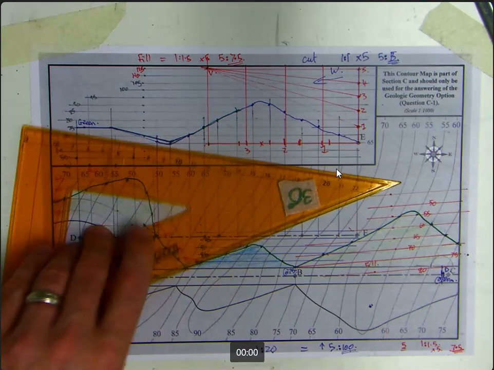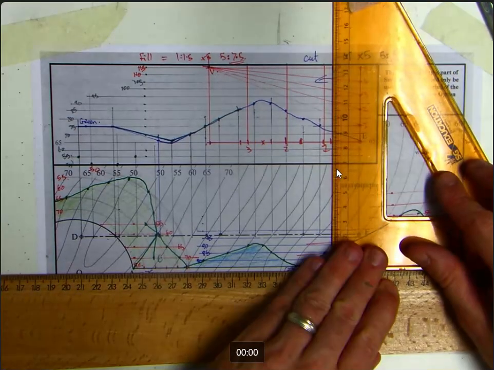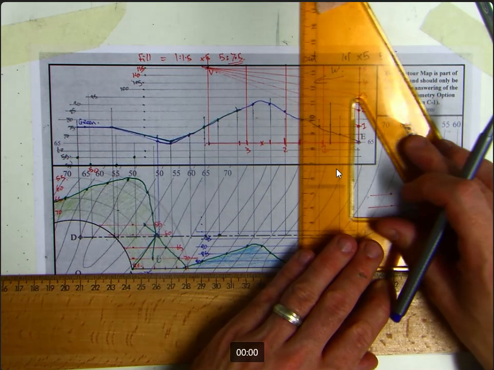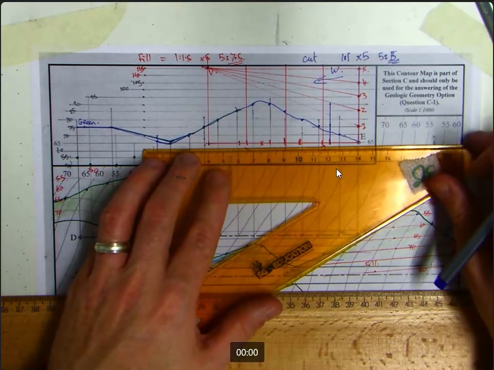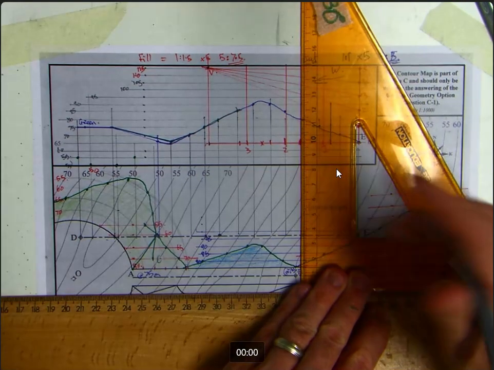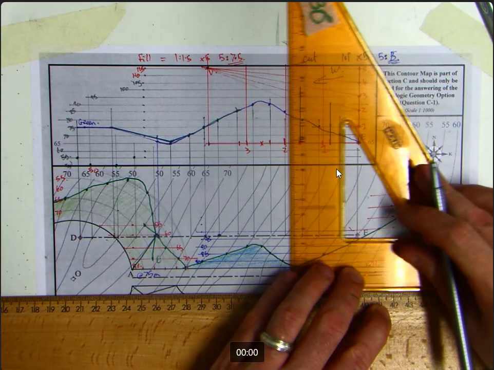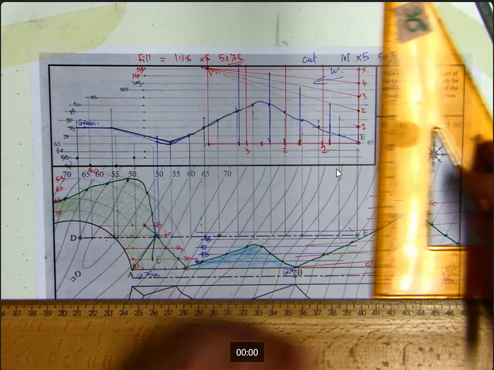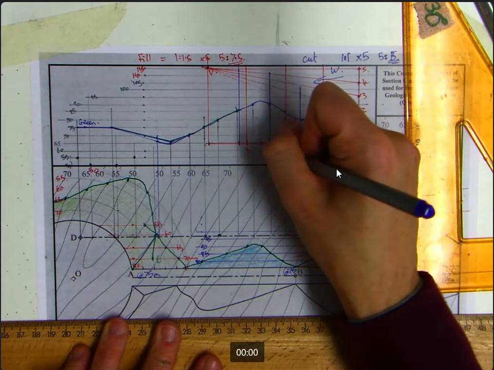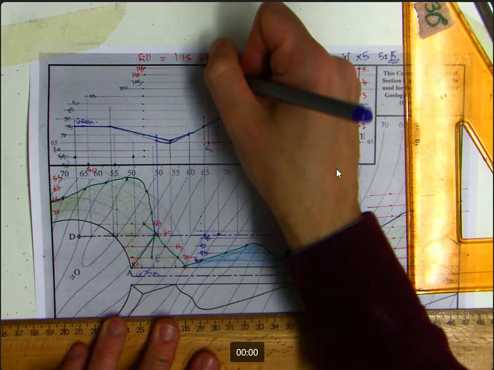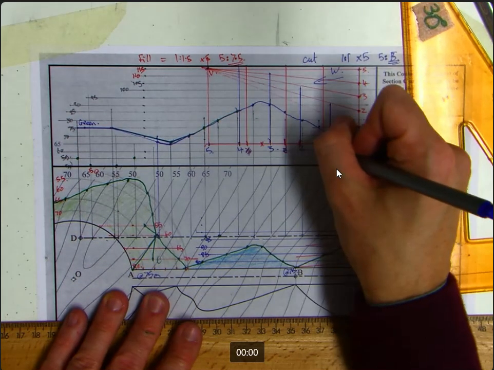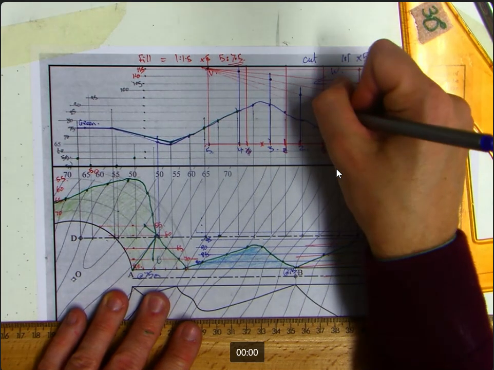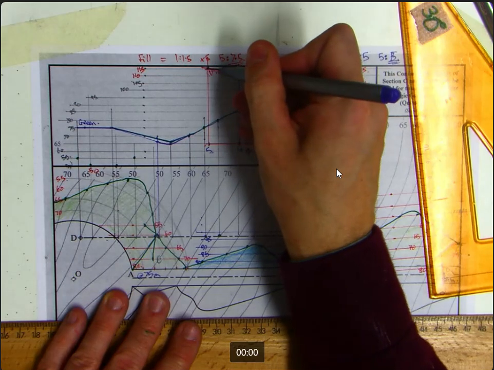So I'm going to do these in blue. Sorry. Now, so that would be 1, 2, 3, 4, 5. 5 and 5 meet at the vertex, so we don't need to do anything for that. Where do 4 and 4 meet? 4 and 4 meet here. 3 and 3 meet there. 2 and 2 meet here. And 1 and 1 meet there. That gives us the path of our ball,